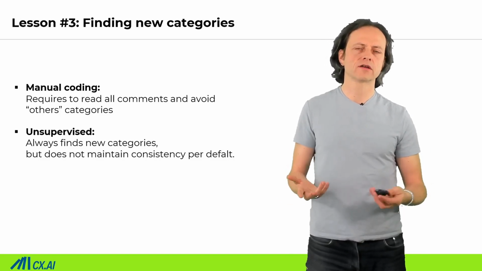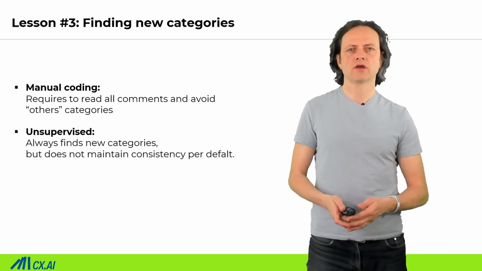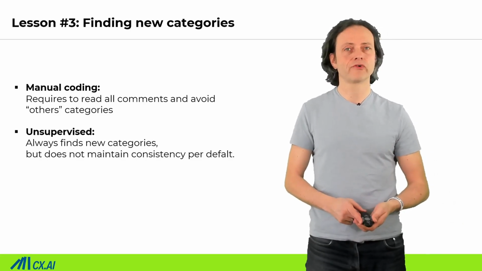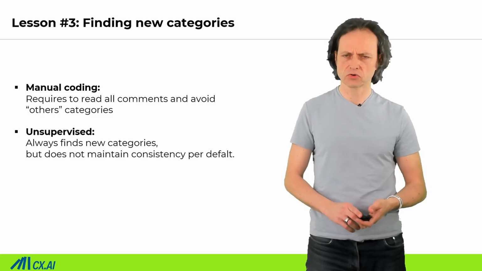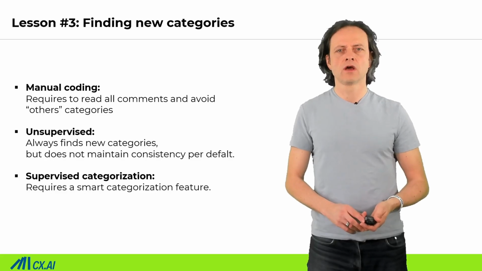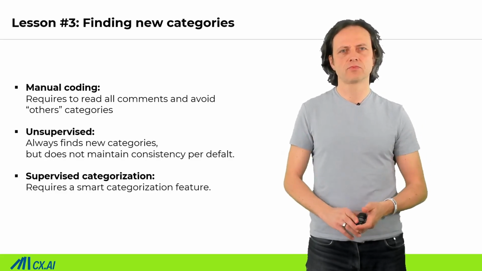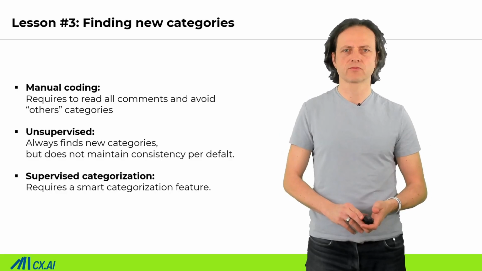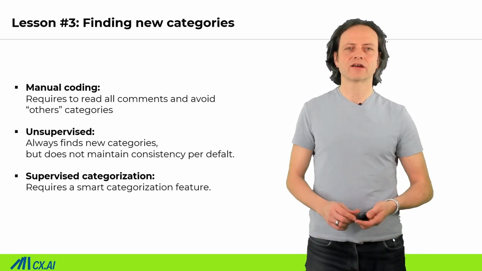So if you find a software which can fix the old ones, it may be able to find new categories without changing the old ones. So unsupervised learning basically does this automatically. Supervised learning is again trained by a domain expert. So it needs a human to find the categories, but